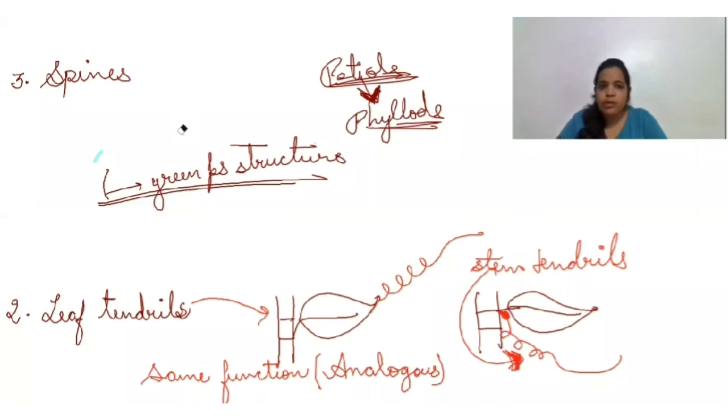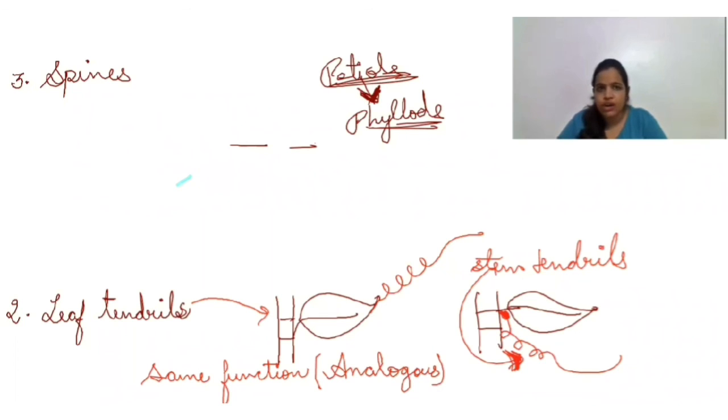Now, talking about the spines, these spines are also modified leaves. Hence, the spines are actually analogous. What happens over here? This is, for example, let's say aloe vera. We all use aloe vera definitely. These are the aloe vera leaves. The one which we use for our skin or cosmetics or for medicines is the aloe vera leaves, but these are actually not the leaves. The leaves are the small prickly spines which are present on the corners. These are actually the spines. Clear? These spines are the modified leaves.